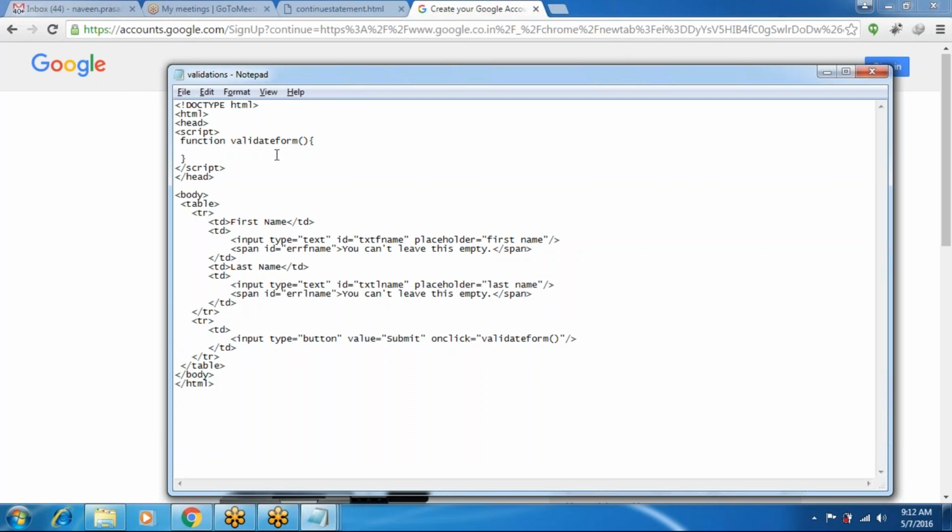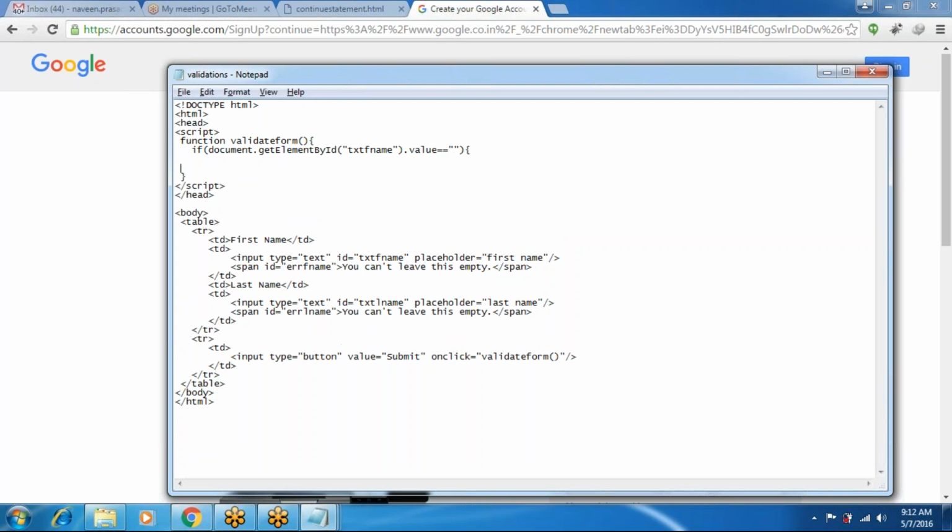So in JavaScript, write a function: if document.getElementById txtFname.value equal to empty, so the first name text box is empty, you will display this alert message, the error message.